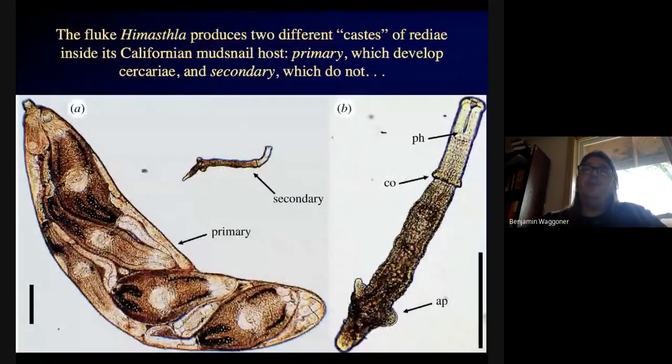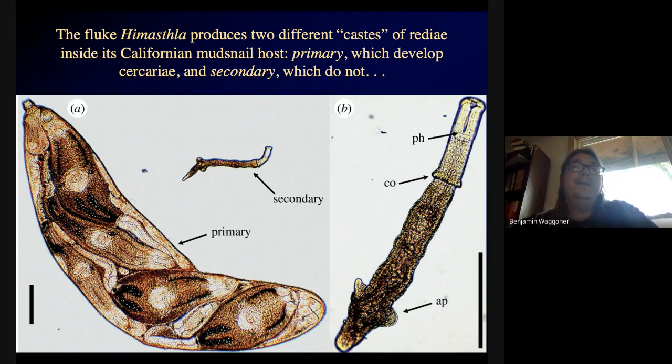And there's some that do really weird and frightening things. These are redia of a fluke in the genus Himasthla. I forget what the definitive host is. It might be a fish, but the intermediate host is a mud snail on California mudflats. And if you crack open some snails and dissect them out, if they're infected, you can find two different types